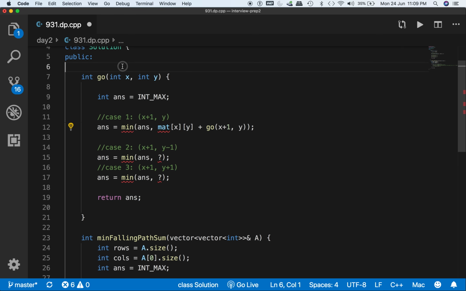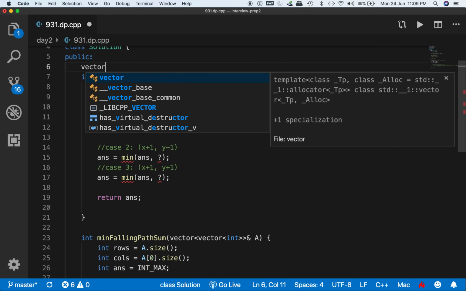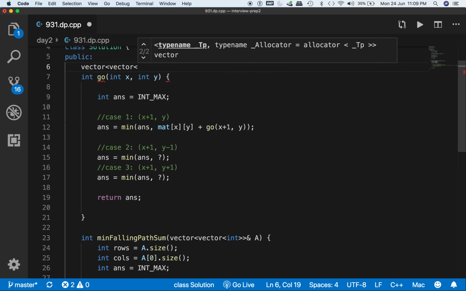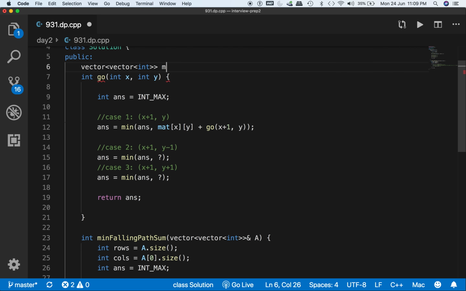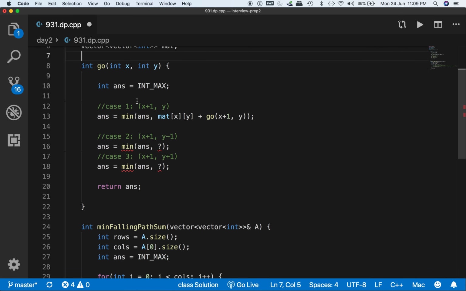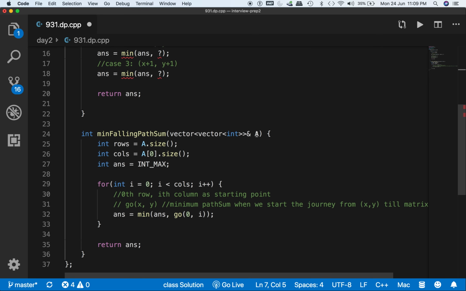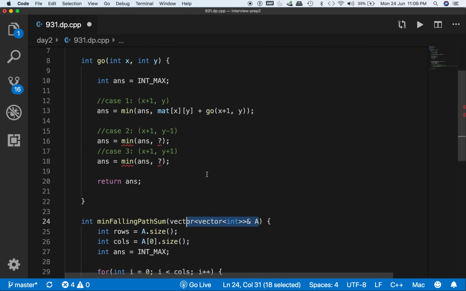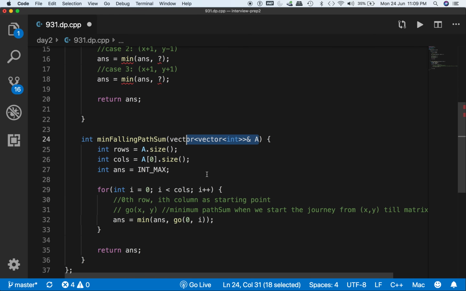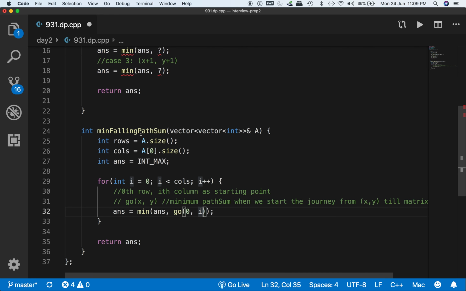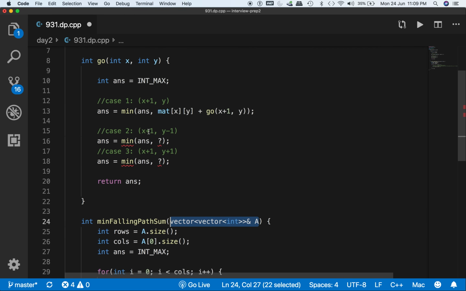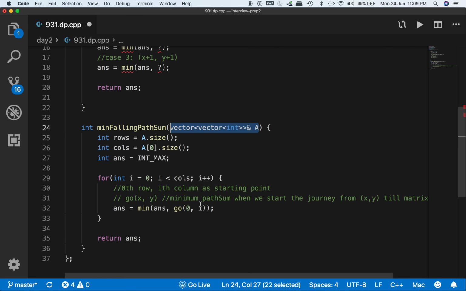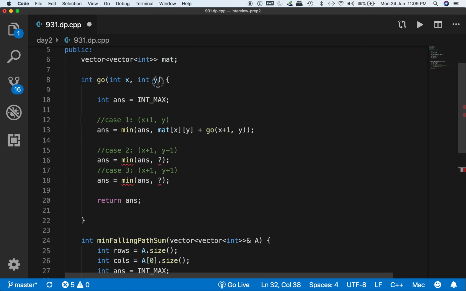Of course mat is not defined, so we'll need to do that. So vector of vector int mat. So the problem is that I wanted to pass this to the go function, which we can do. Actually that's a better idea. So the input matrix is in this function, and we are calling go, so it should have access to that. So I'm adding that as a parameter over here, and we will need to pass this as